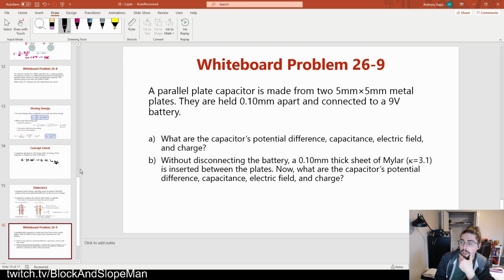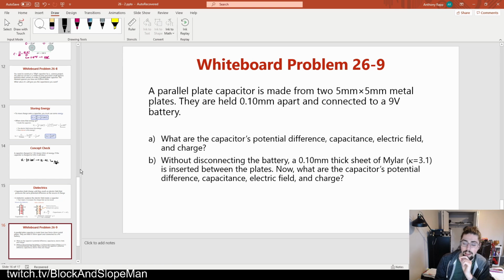I've got a parallel plate capacitor made from two 5 by 5 millimeter metal plates, right? So a much tinier one, much more like what we've seen in those things. They're spaced apart by 0.1 millimeters and hooked up to a 9-volt battery. First, before I do anything else to this, what are the capacitor's potential difference, capacitance, electric field inside, and total charge? Then, let's say without disconnecting the battery, we slide a piece of mylar in there, which is a dielectric